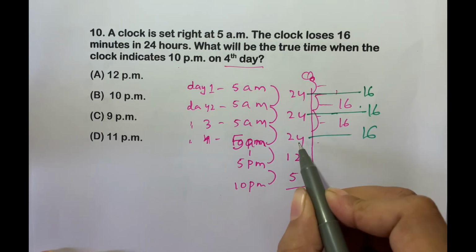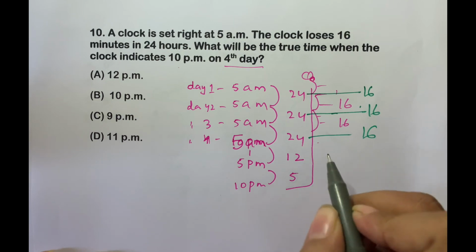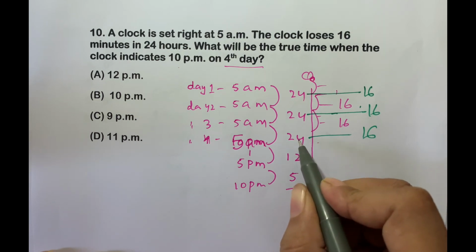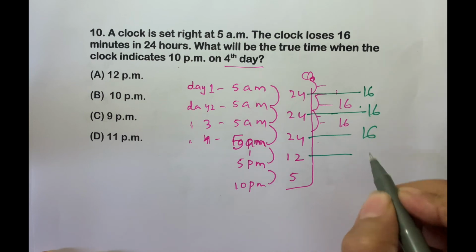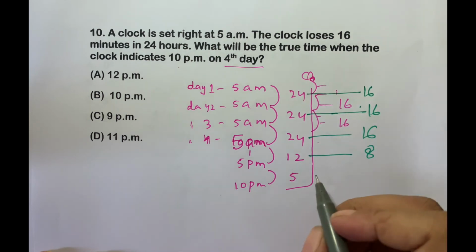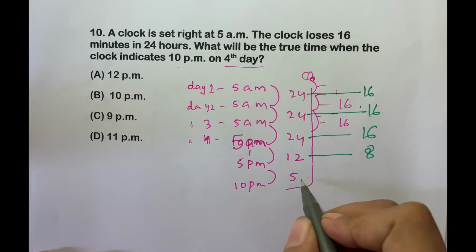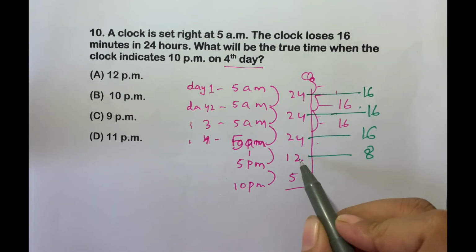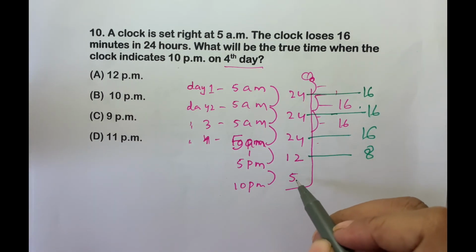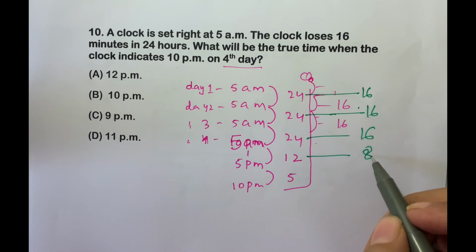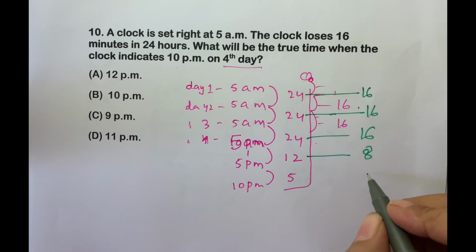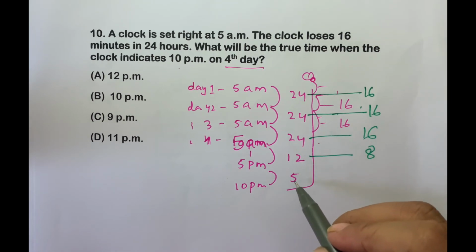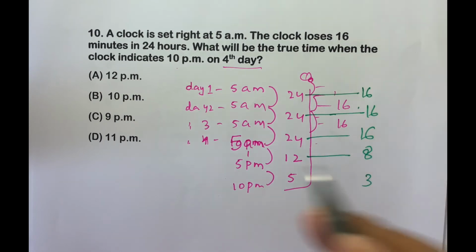Now for 12 hours, 12 is exactly half of 24, isn't it? Then here also half of 16 is 8. Next for 5 hours, half of 12 is 6, isn't it? Almost the 5 is near to 6. And here also we have to make half. So since this is quite lesser than half, here also we'll take it as 3. See why I am